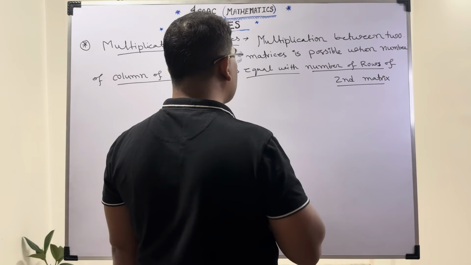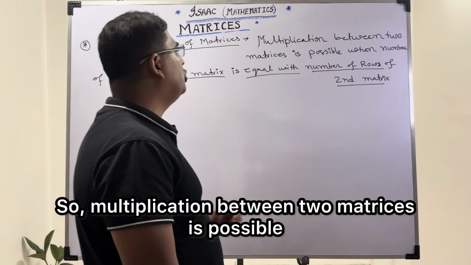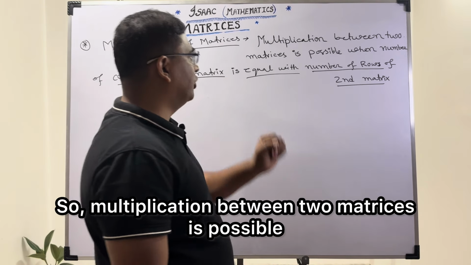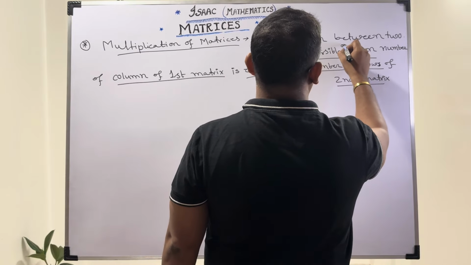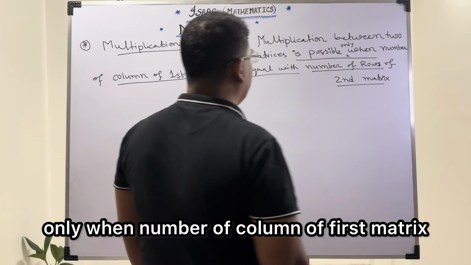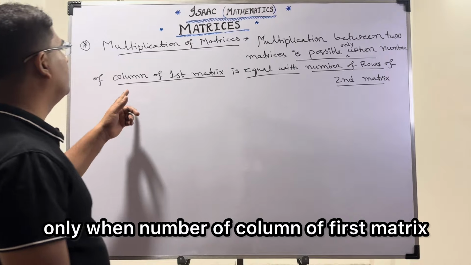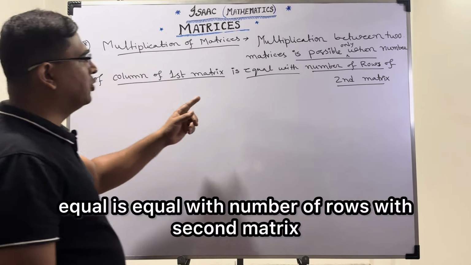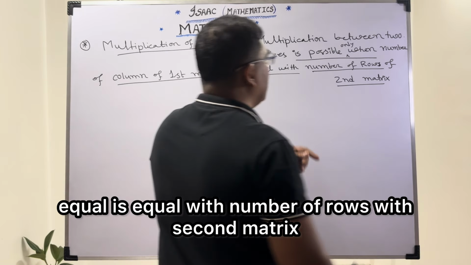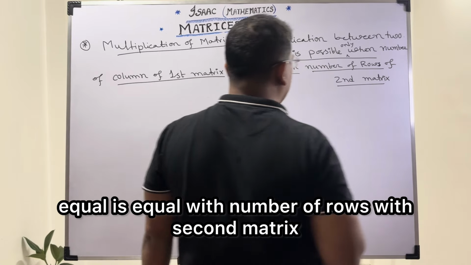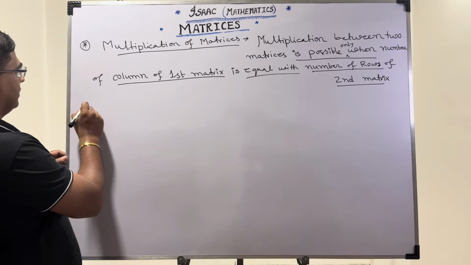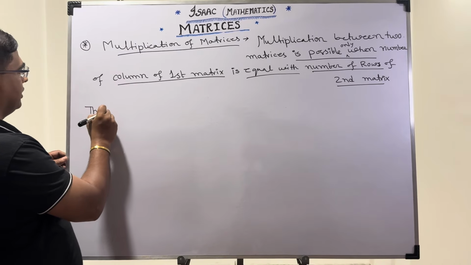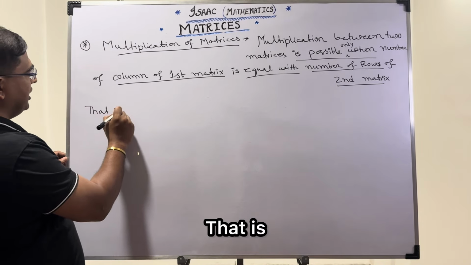Okay, so multiplication between two matrices is possible only when the number of columns of the first matrix is equal to the number of rows of the second matrix. Okay, that is